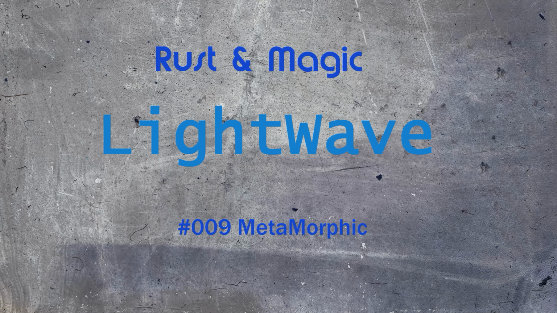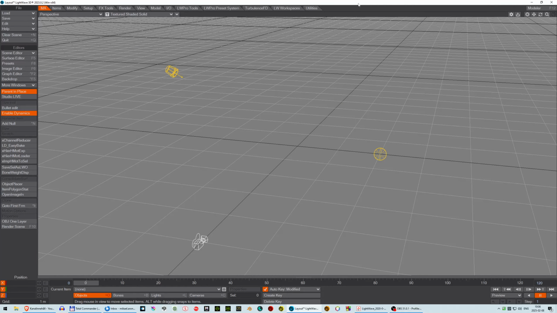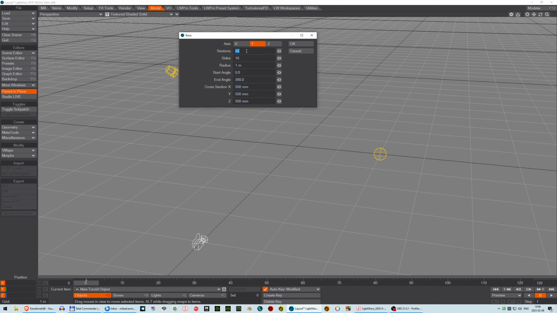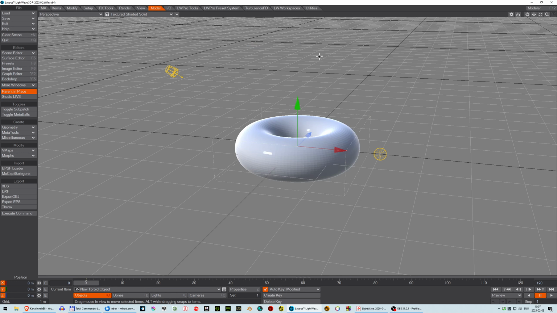Welcome to another video. I thought we would talk about Metamorphic today. It's not something you may think is obvious that it's there. So let's create a donut here. Let's crank up the resolution a bit so we have some mesh to work with. And there we have it. Let's move it onto the side here,